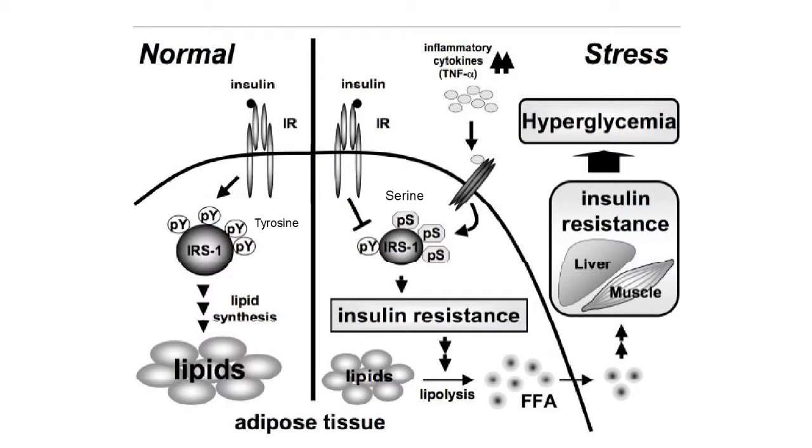Insulin interacts with the insulin receptor, so it phosphorylates tyrosine. The phosphorylated protein is the major protein that triggers the transduction pathway. It plays a major role in lipid synthesis. TNF-alpha is the major mediator. The TNF-alpha interacts with the TNF-alpha receptor. And in this case,